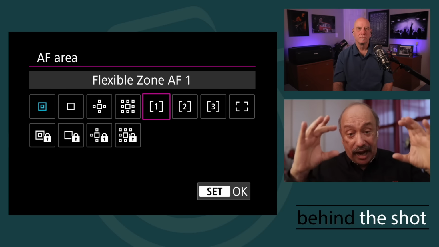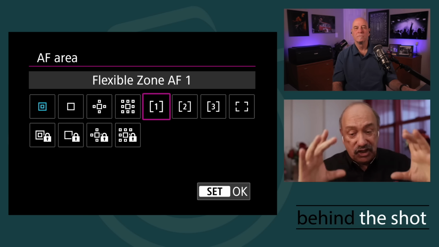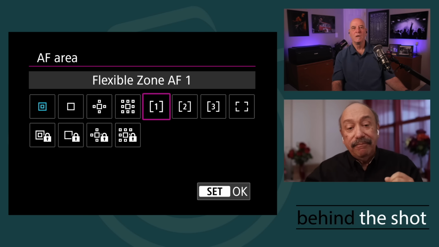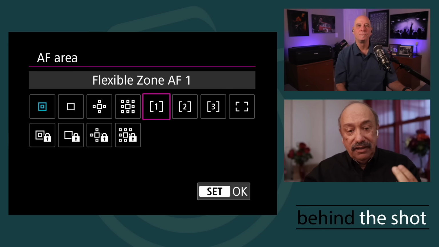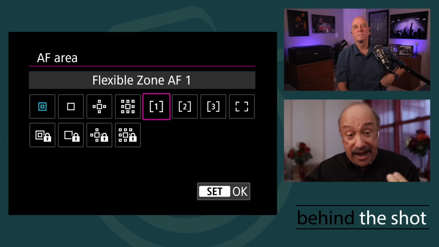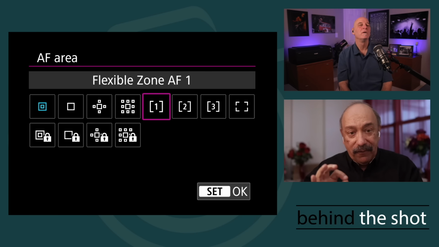One thing to keep in mind with any of the zones, and this includes going back to the earlier cameras where you could not change the size. You could move the zone up or down, left or right, and so on, but you couldn't change the size of it. But in any of these cases, with Zone AF, you're dealing with multiple focusing points that are now always active within that zone. The camera is going to look at whatever you point that zone at, and unless you have face detection active, it's going to try to focus on the nearest subject, the nearest thing it sees with detail